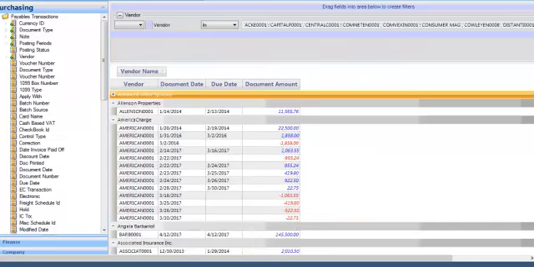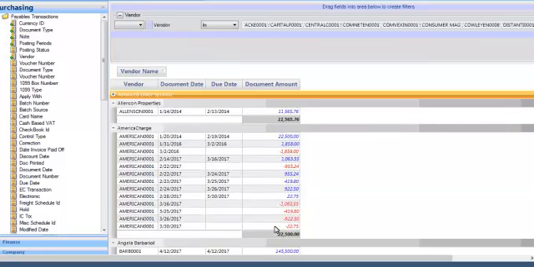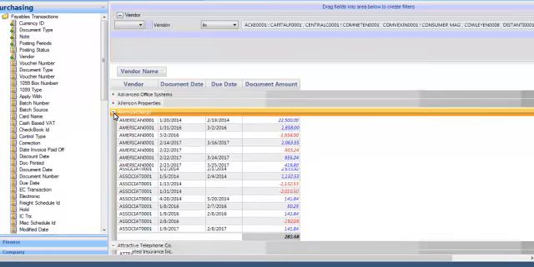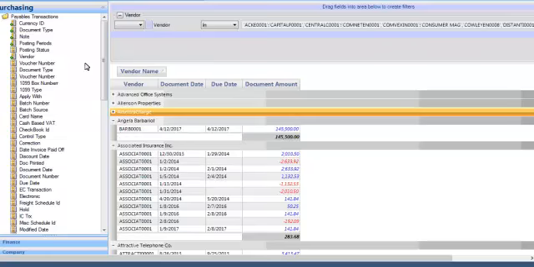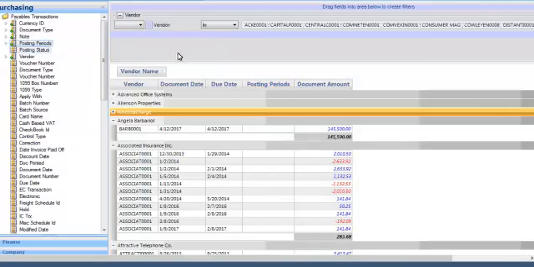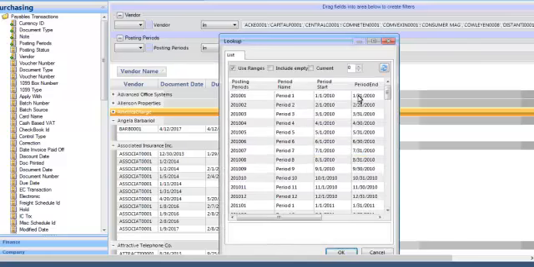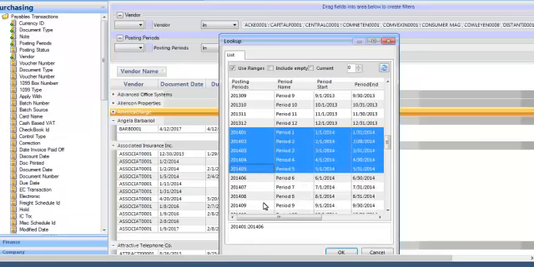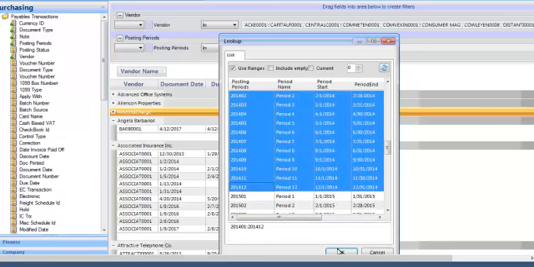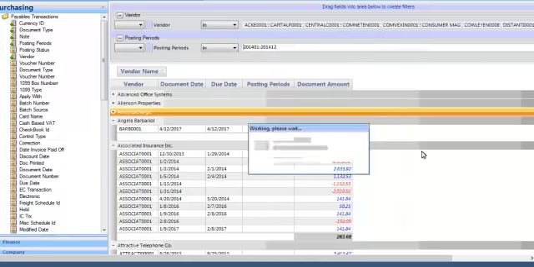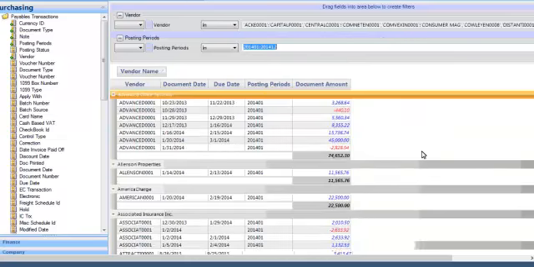What if I want to now group it by vendor name? And what if I want to now see the totals by each vendor? So you would see that now I'm able to look at totals by vendor and so on. I can collapse them. I can look at it by vendor and so on. What if I want to bring in posting period also? And what if I want to bring in posting period just to see only 2014? I can do that too very easily. So all of that is just drag and drop